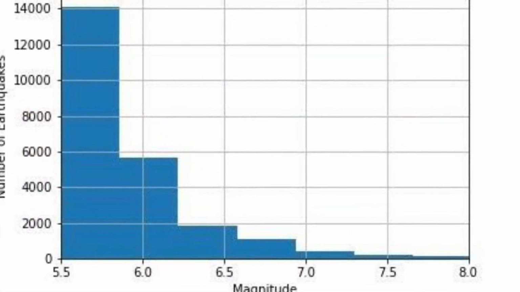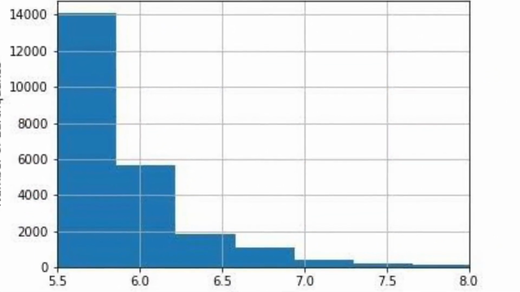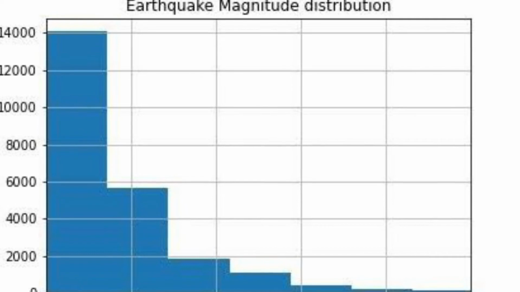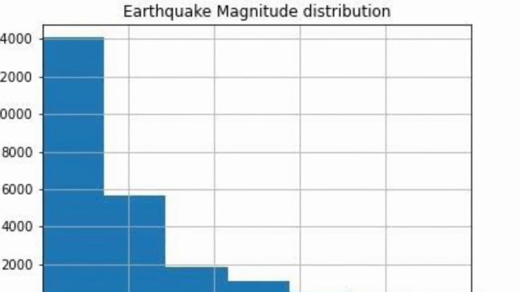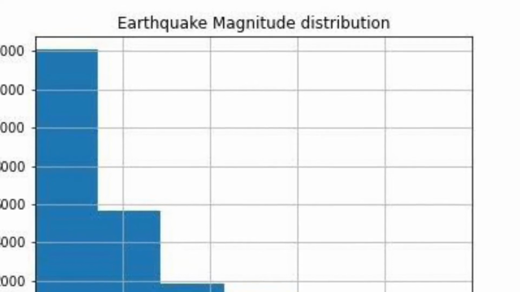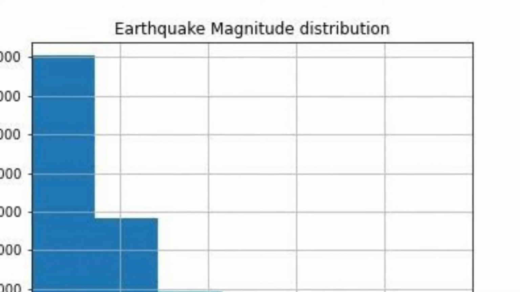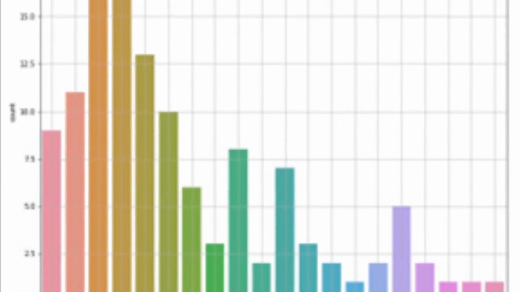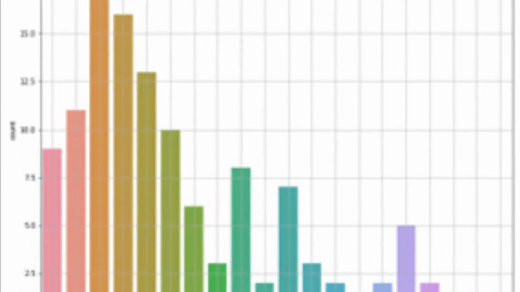We wanted to get a sense of the magnitude distribution for our earthquake data set so we could determine the amount of moderately sized earthquakes as well as massive earthquakes. Our histogram backed up our original hypotheses that there would be more moderately sized earthquakes compared to earthquakes with a magnitude of 7 or higher. We then plotted the same data with more precise magnitudes. An interesting note was the uptick in earthquakes with magnitudes of 6.3, 6.5, and 7 compared to the amount with